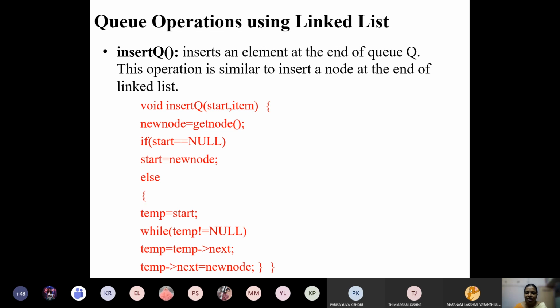Else, take the start address into the temp variable and repeat the loop until temp of next is not equal to null, moving from one node to another, and then temp of next equals new node. Once you have reached the end of the linked list, there you can assign your new node to the linked list. This is similar to the code in our single linked list, just we are assigning a new node at the end of the linked list. That becomes the insert queue operation.